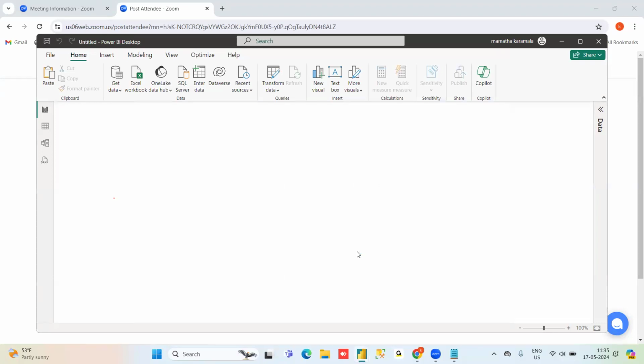Ma'am, once again, can you tell this once again? Drill through: summary or aggregated data is in one page, and if I want to give detailed information about that aggregated data, it will open in a different page in a drill through.